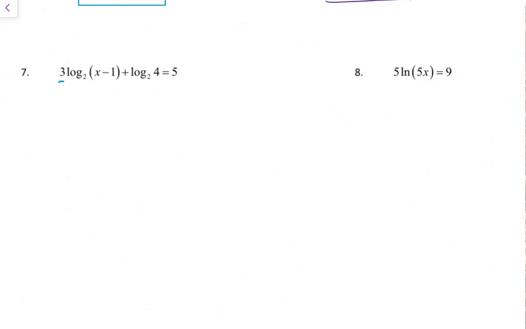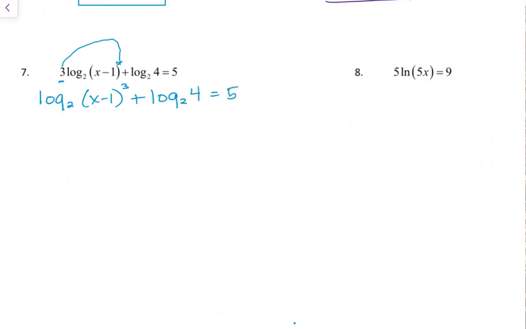But remember, we have a way to deal with coefficients. We had a property that allows us to pull coefficients of logs in as exponents on my argument. So I'm going to do that first. So I'm going to have log base 2 of (x minus 1) cubed plus log base 2 of 4